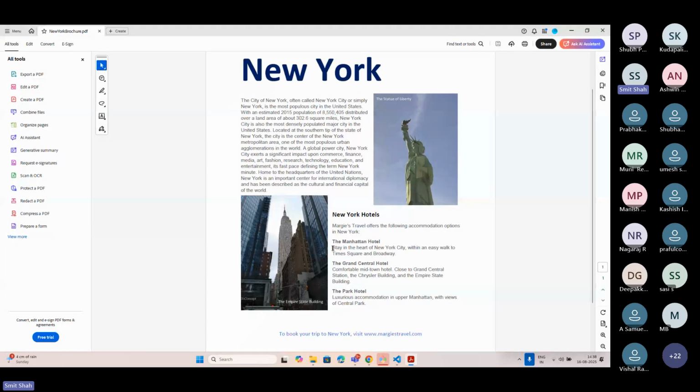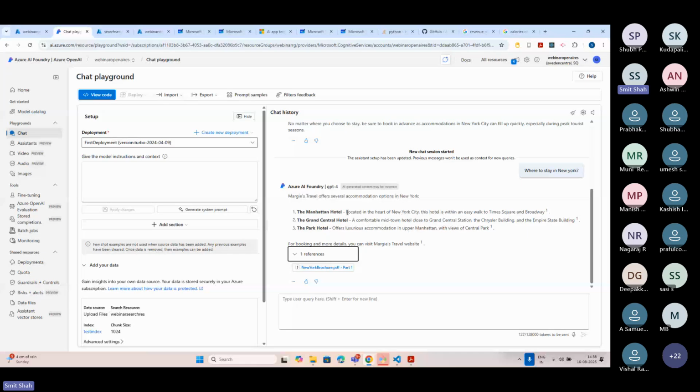With Manhattan Hotel, you will get to stay in the heart of New York City. Whereas in my answer, instead of "stay in the heart," it says "located in the heart." Okay. So it's not like the GenAI model is just copy pasting the answer. No. Based on my data, it is trying to generate its own sentences. So retrieving the relevant chunks of data and then generating the response is known as retrieval augmented generation. So guys, this is the concept of RAG, retrieval augmented generation, through which you can pass your own data